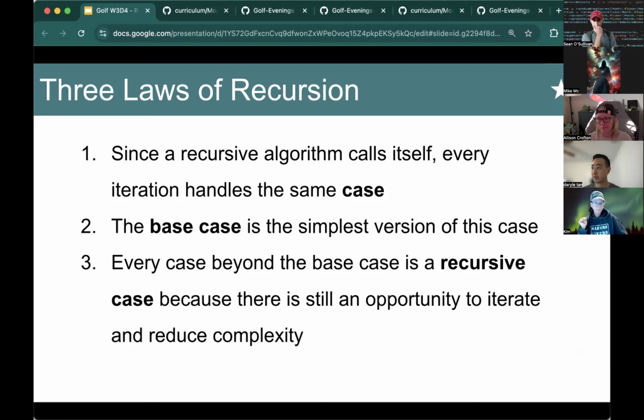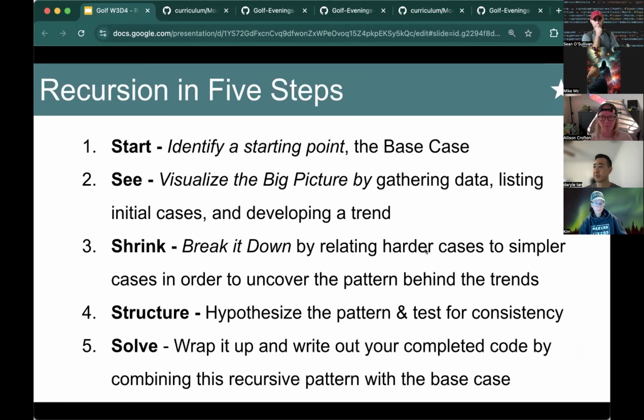This is pretty much something you already know. I don't know why I named them as laws of recursion, but basically, since the algorithm calls itself, every iteration can be thought of as being the same case. The base case being the simplest, and every case beyond that being the recursive case. I think that's the easiest way to think about it. And the steps that you've already been walking through,